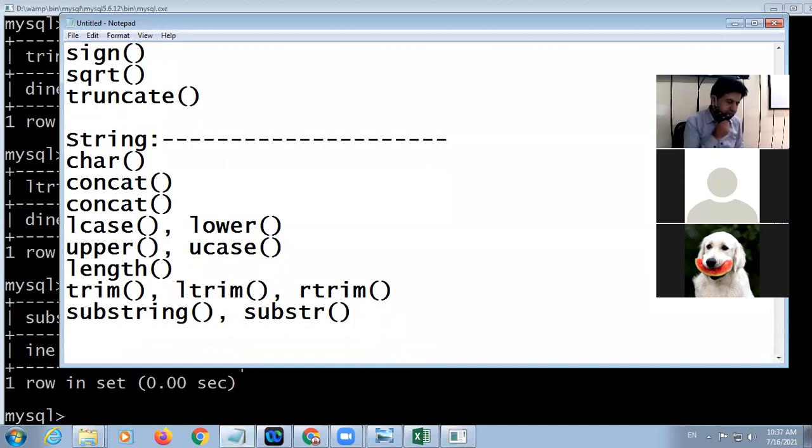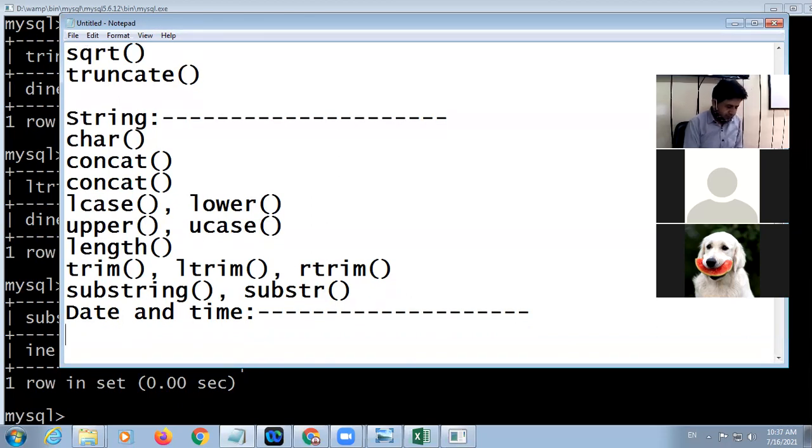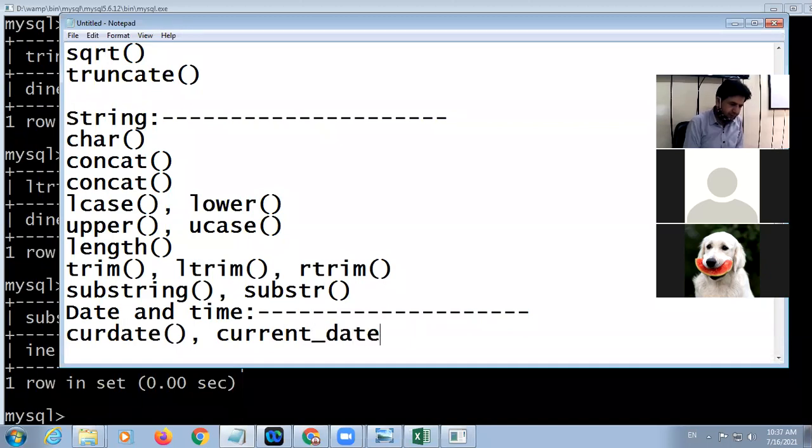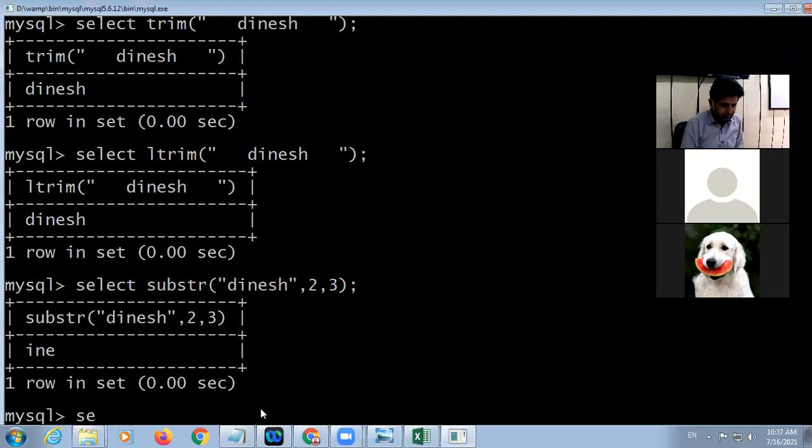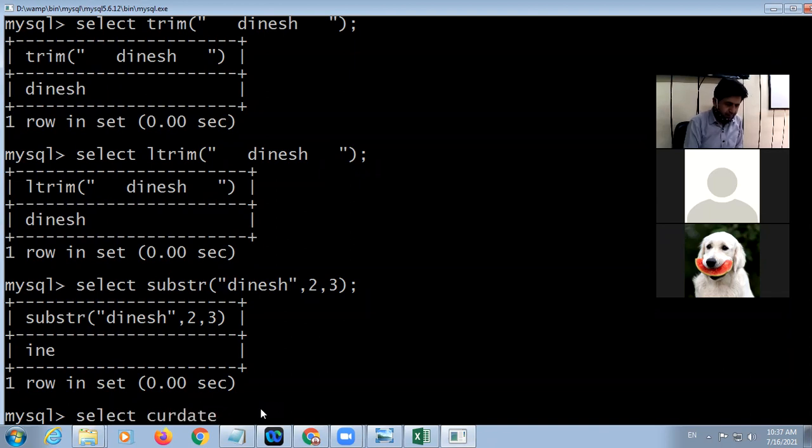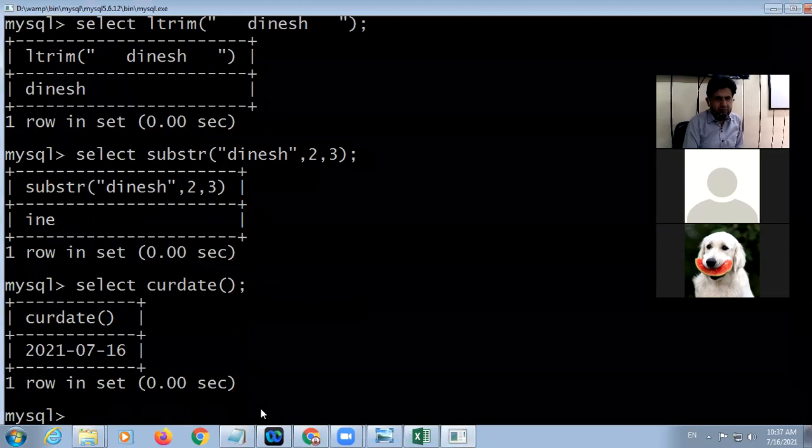Now there are some functions that are linked with date and time. So the first function is current date. You can write here current date or like this current underscore date. So both are same. So here select current date. So here it displays.